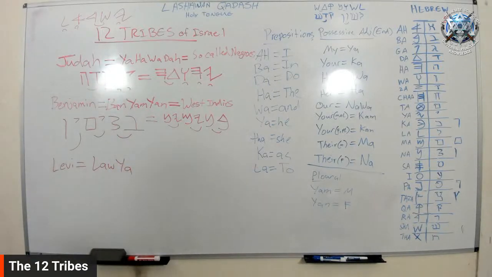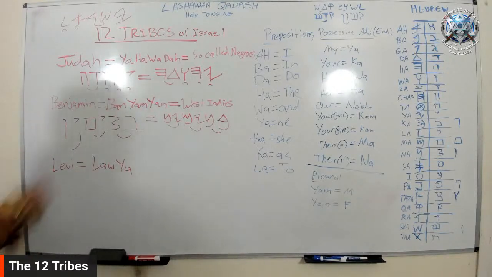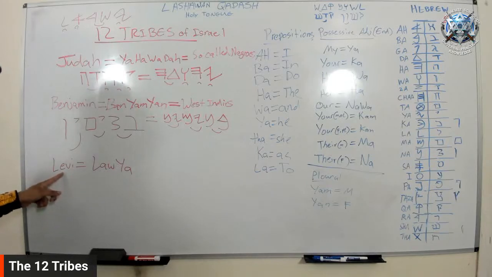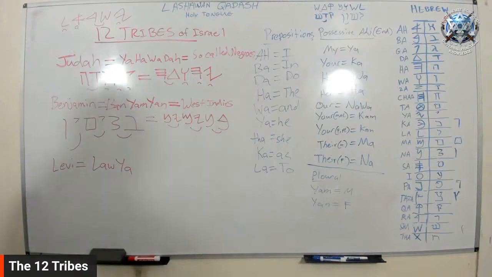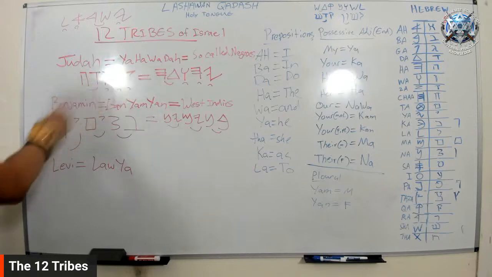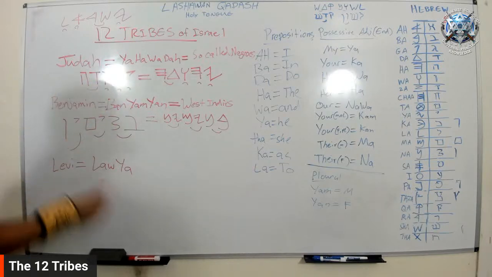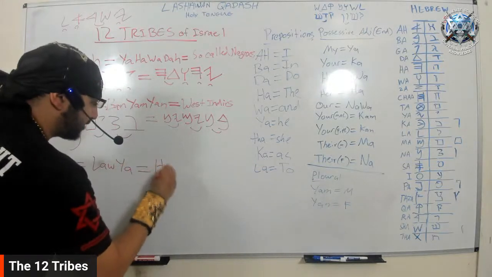And what are we starting to see? We're starting to see that some characters in the English language do not carry over to the Hebrew, like J or V or even E, right? These characters don't even exist. There's no version of them in the ancient Hebrew. And so what we're doing is we're basically using a completely older language to give you the understanding of where these actual phrases come from. Judah, Yahawada, Benjamin, Banyamyan, Levi, Law Yah, which is the tribe of Levi, which we know as the Haitians.